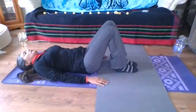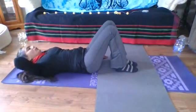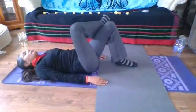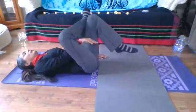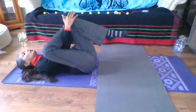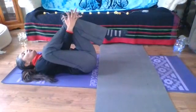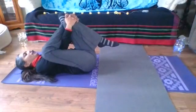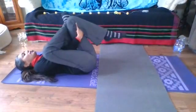Bringing the hands next to the body, keeping the chin tucked in. Bring your right ankle on the left knee. Bring the right hand between the legs. Lift your left leg up, bringing the knee next to the chest or close to the chest. You can either interlock your fingers on the shin, or you can place them behind the thigh,